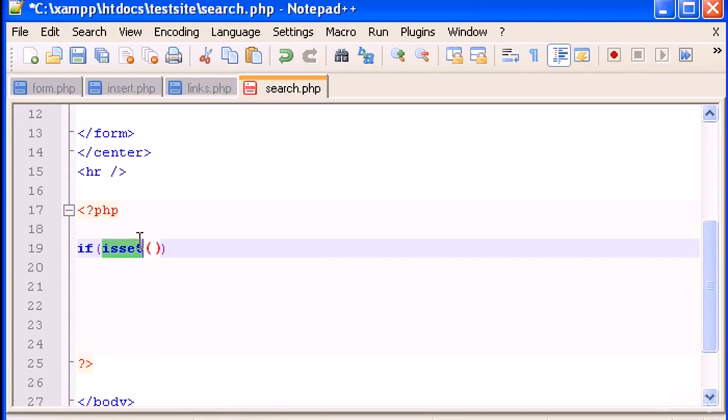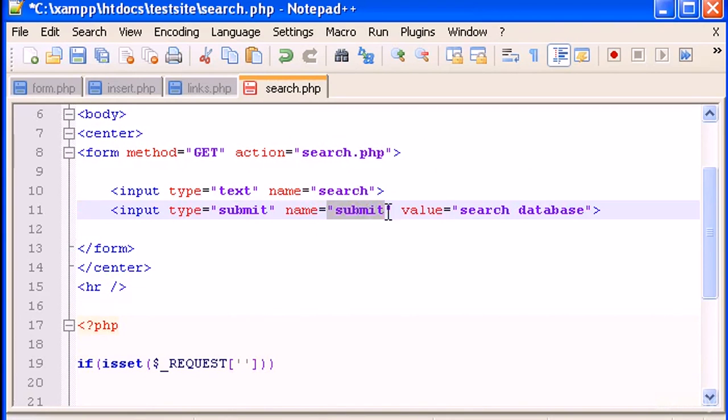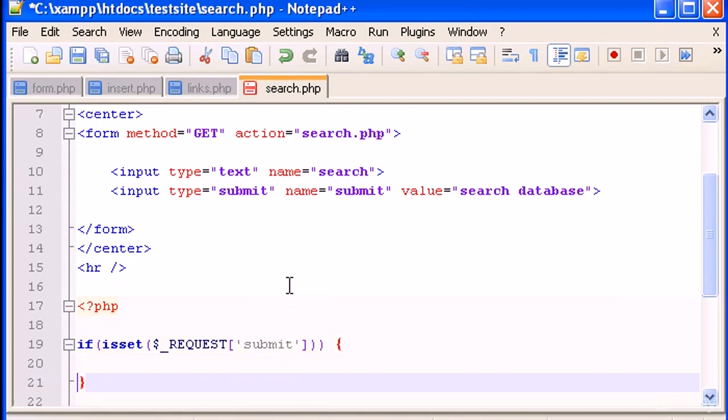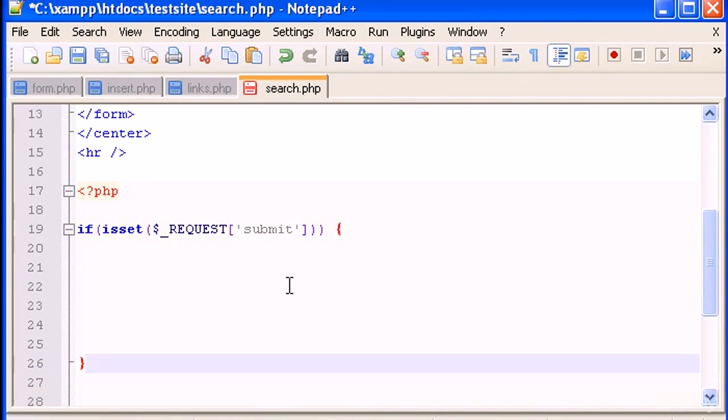Isset means that the button was clicked. So isset the button, and the button, as you all know, is the variable request and square brackets, and here we have to type the name of the button, which is submit. Perfect. And now we open curly braces and close curly braces,